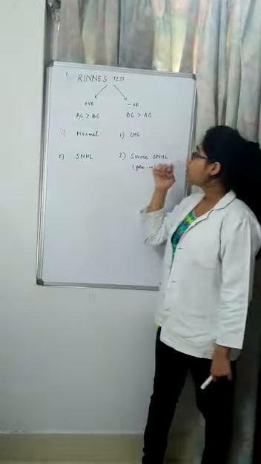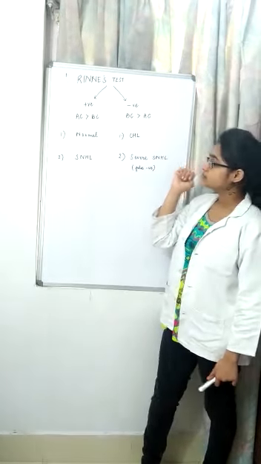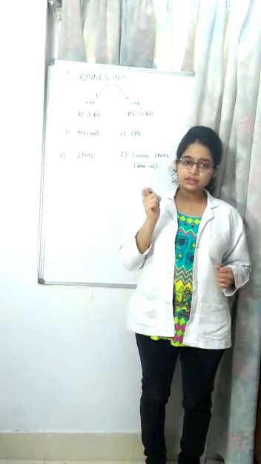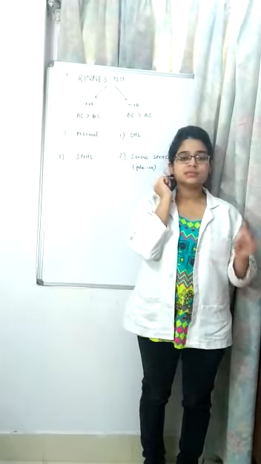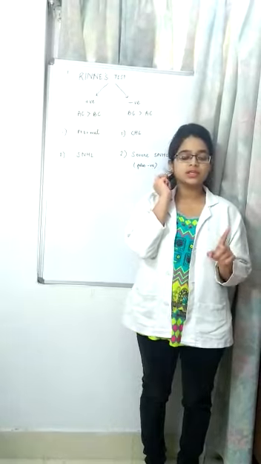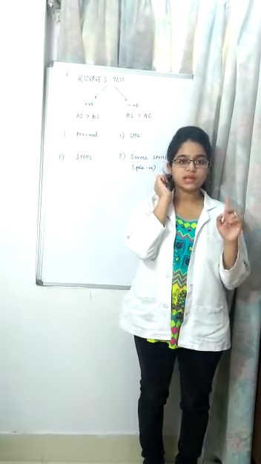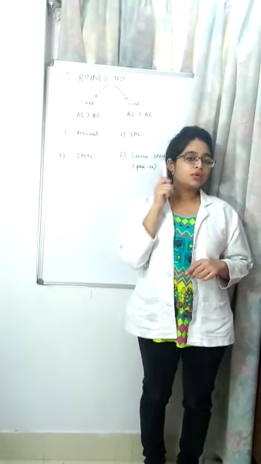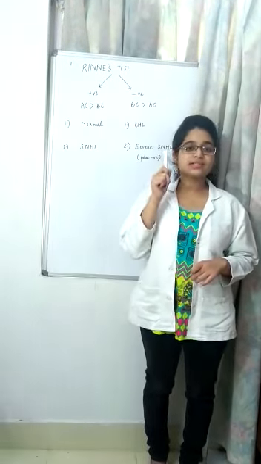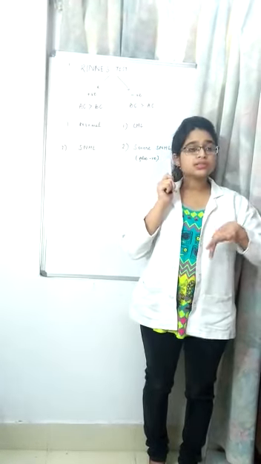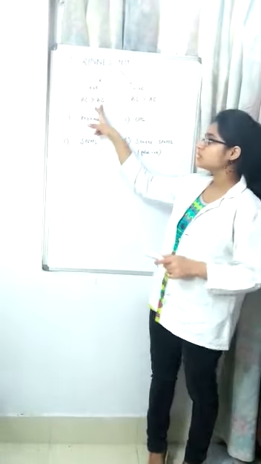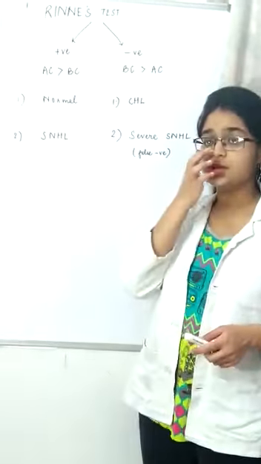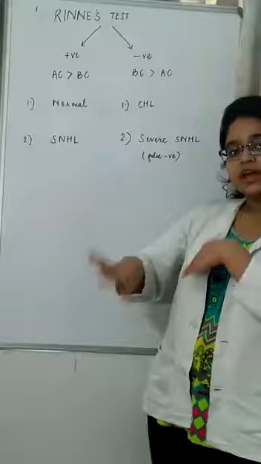Alright. Now, for example, I take the tuning fork, I strike it and then I place it on the mastoid. The patient is able to hear and he tells me, okay, now I cannot hear the tuning fork sound. So now I place the tuning fork in front of the patient's ear. The patient says, now also I cannot hear the sound. That means that air conduction is not longer than bone conduction in this case. So I will try the reverse.